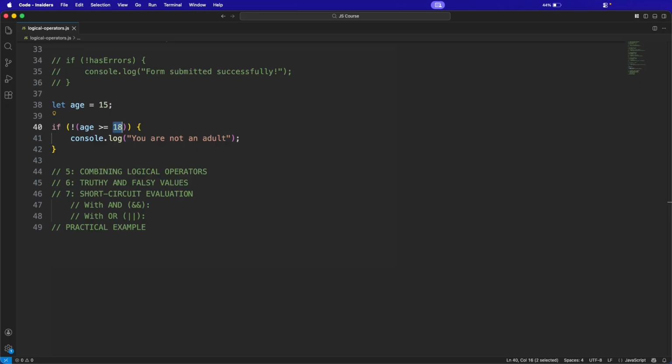This checks if age is not greater than or equal to 18. So, not greater than or equal to 18. Yeah,